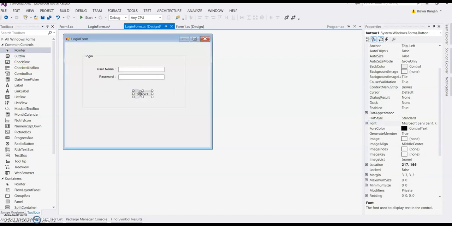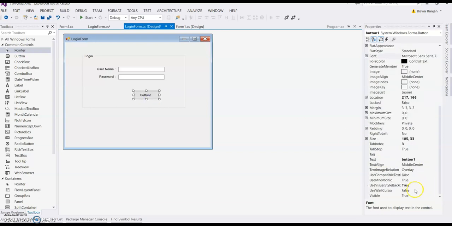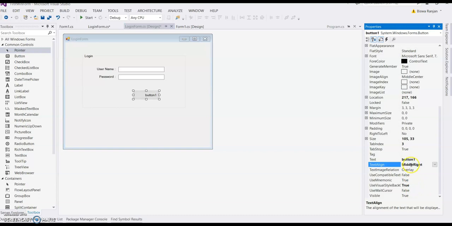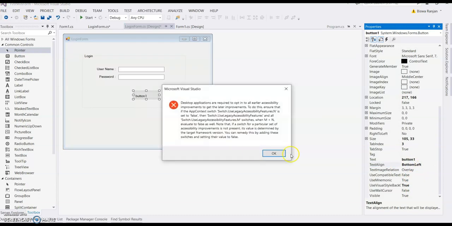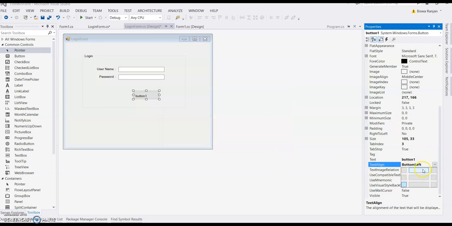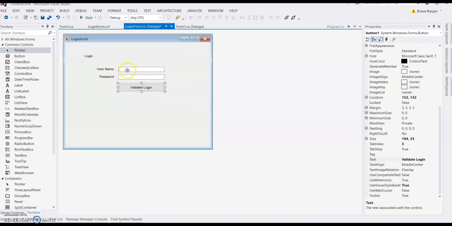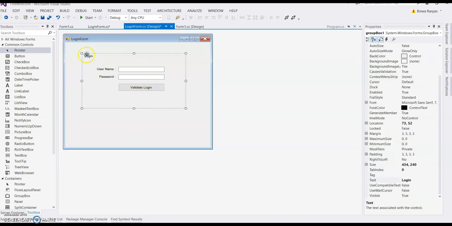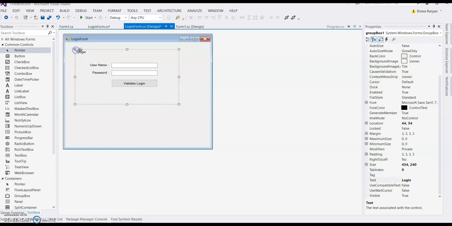Adding one button, same as the previous form, like I'm adding here. Validate login. In Windows Form, it will automatically align with your existing controls. So what will a container controller do?